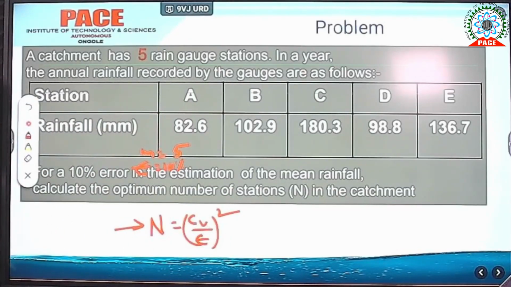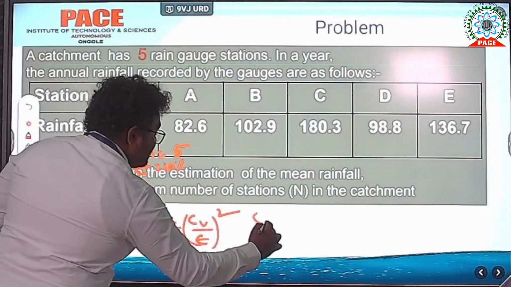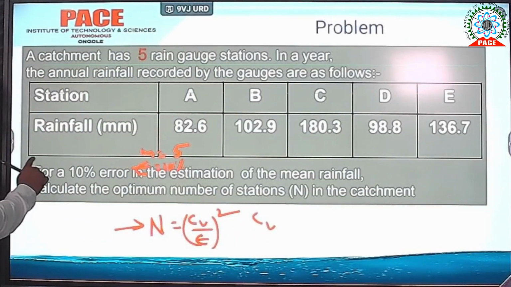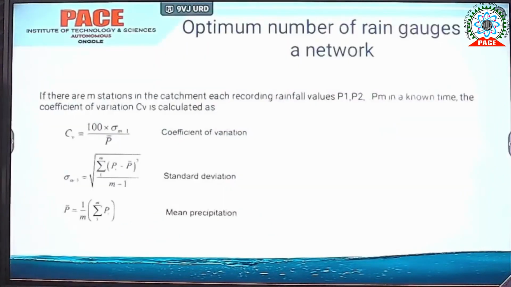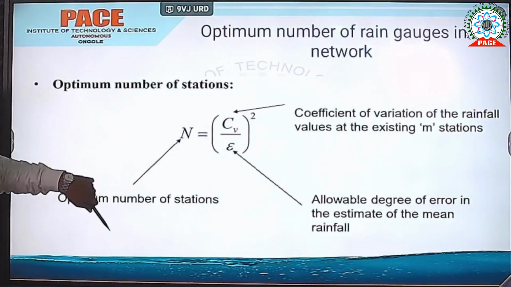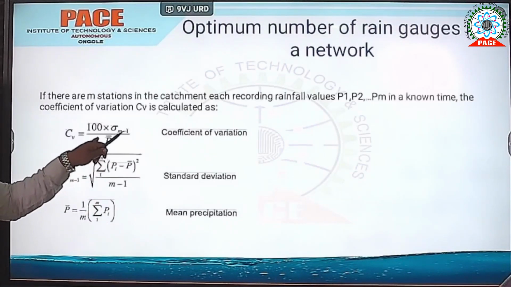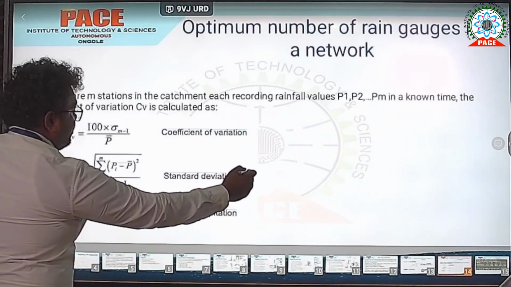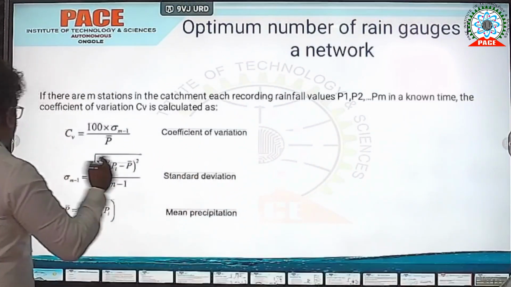So now to find that, first you have to define Cv. What have we discussed earlier about the Cv? Cv equal to 100 into sigma m minus 1 by p bar. So now as per this formula, first what should we find out? We have to find out the